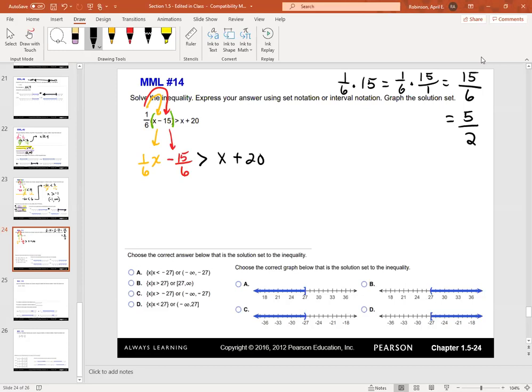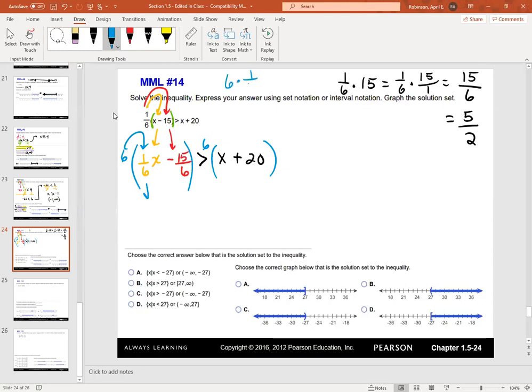But my next step on this is I want to get rid of my fractions. I don't like working with fractions if I can avoid them. And since this is an equation, what you do to one side, as long as you do the same thing to the other side, you can do whatever you want. And so what I am going to do is multiply both sides by 6. Because when I distribute the 6 to the 1/6,